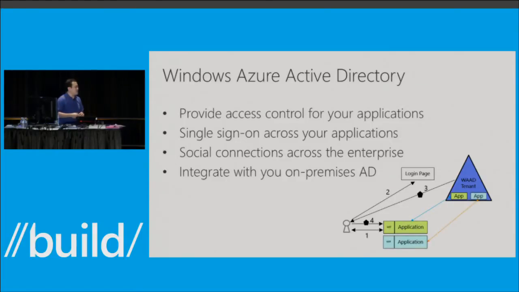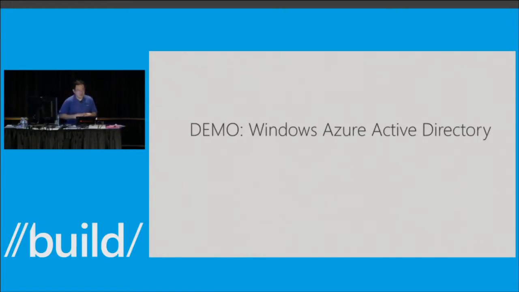How the single sign-on works is that when you provision multiple applications to the same tenant, essentially you're creating this circle of trust. Because both applications trust the same type of token from the same tenant, potentially you can provide this single sign-on experience across applications. And last but not least, you can use Directory Sync to sync your on-premise AD to your Windows Azure Active Directory tenant. And for this one, I'm going to show a demo.